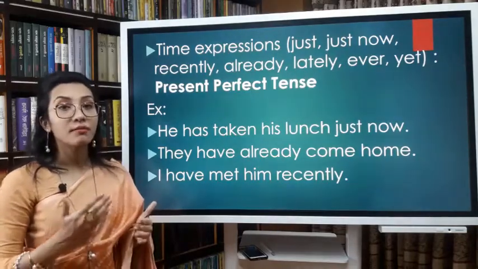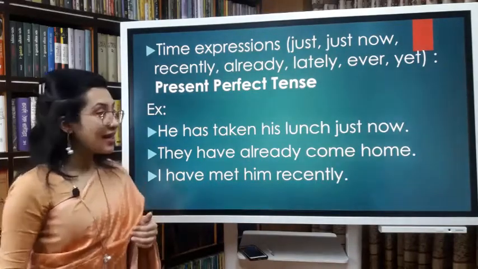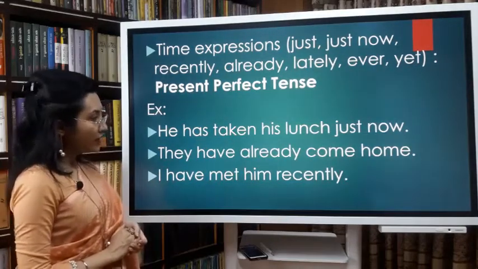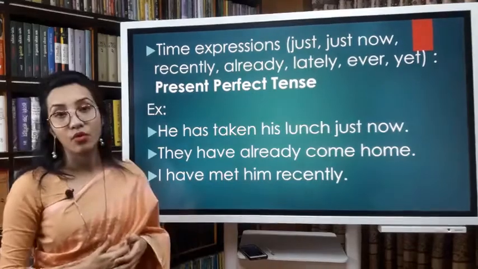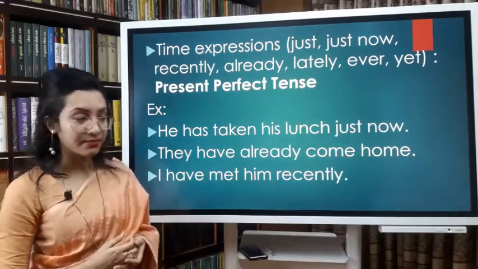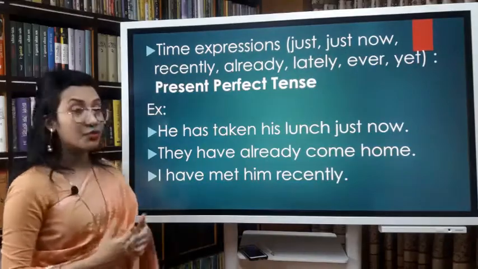V3 means past participle form of the verb, and then the rest of the sentence. Let's look at the second one. They have already come home. তারা ইতিমধ্যে বাসায় চলে এসেছে।